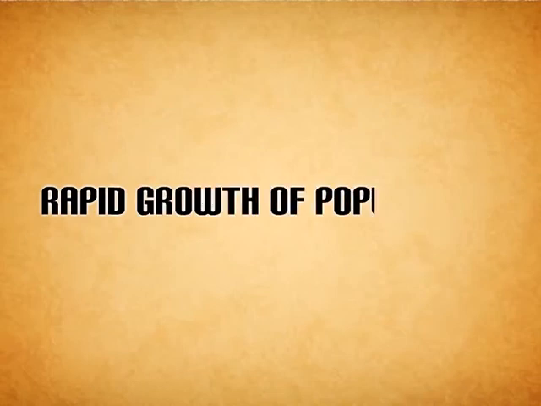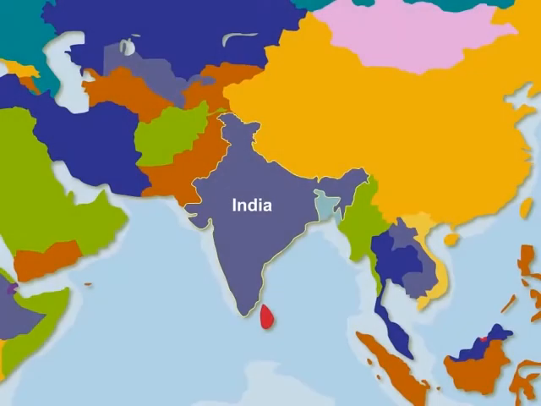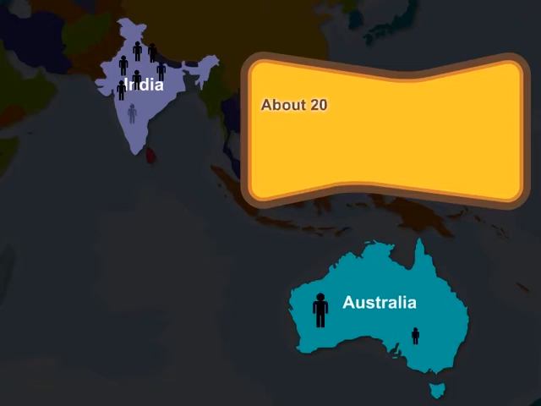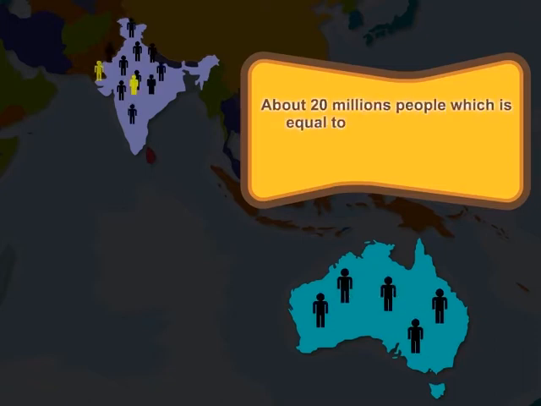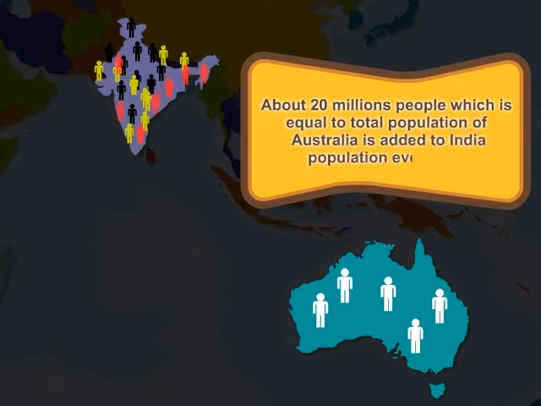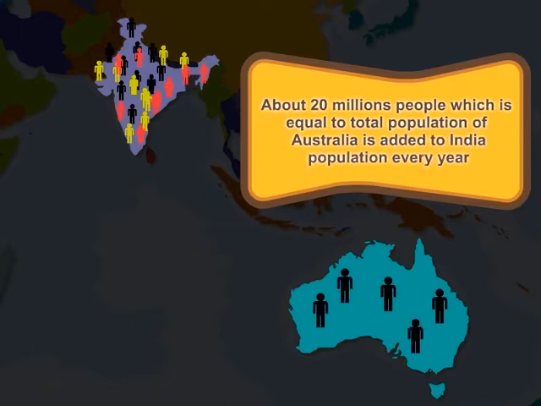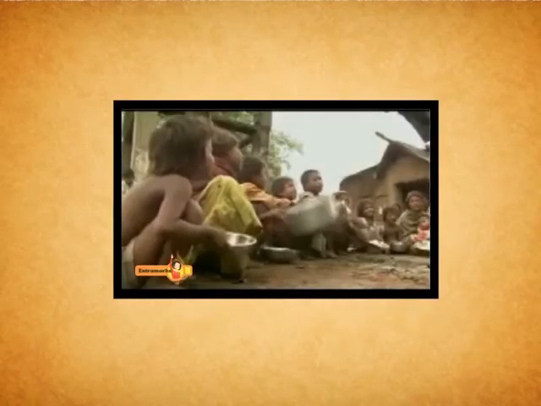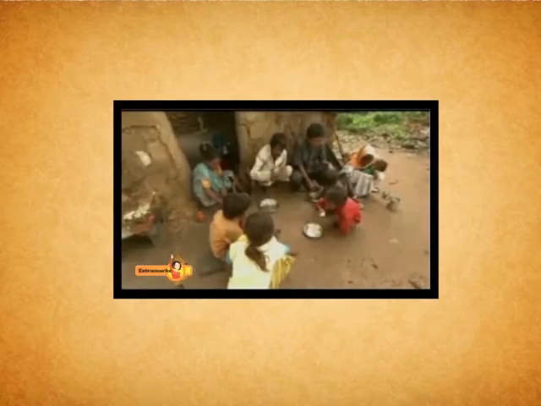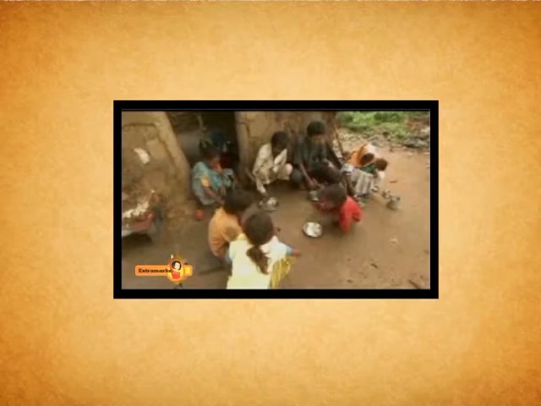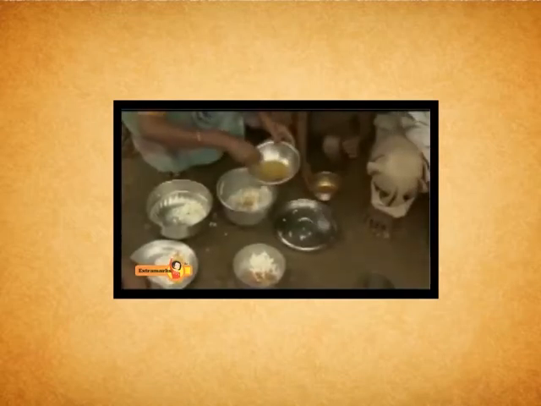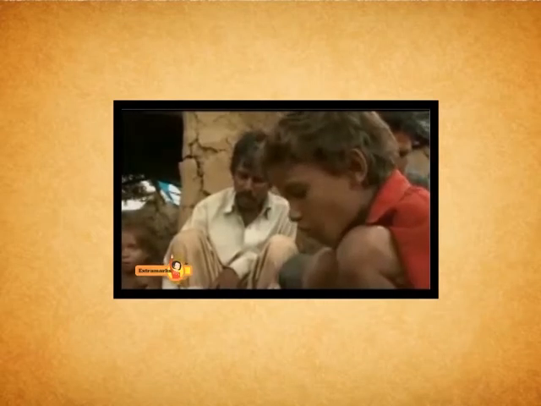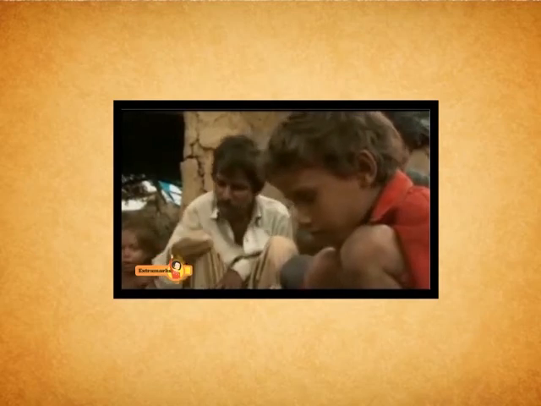Rapid growth of population. In India, about 20 million people are added to its population every year, which is equal to the total population of Australia. Poor families in India need many children so that they can provide an extra hand in living. But the large-sized families have very low income per head, which is not sufficient to meet even the basic minimum